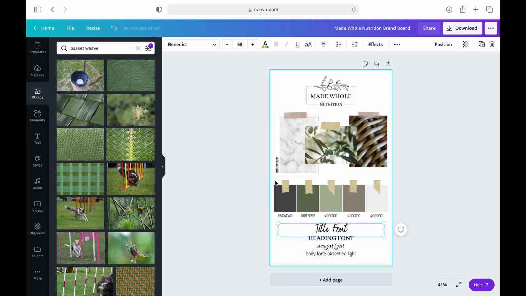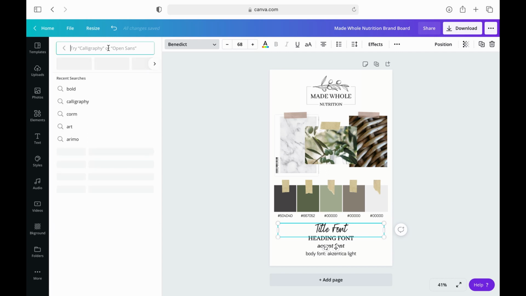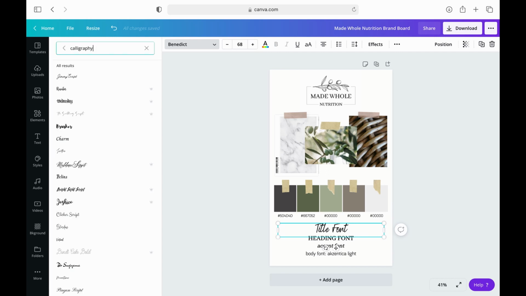So some people like to do something scrolly for this, which is totally fine. I'm going to search calligraphy. You just want to make sure that it's legible, right? If I do this one, it might be cute, but if I'm printing a bunch of materials, it might be kind of difficult to read depending upon what it says. So I would pick a